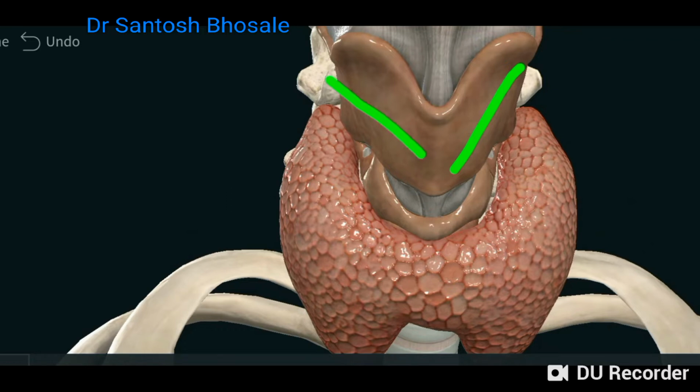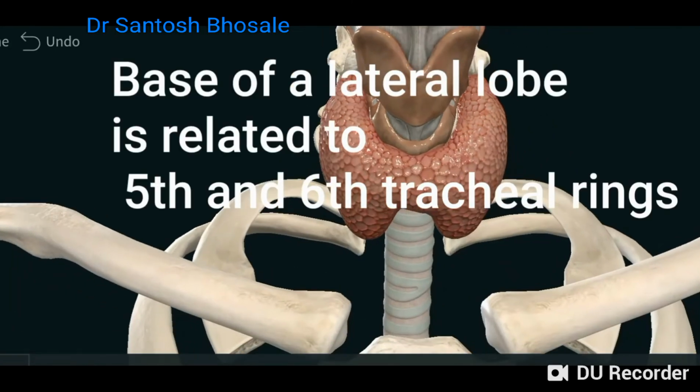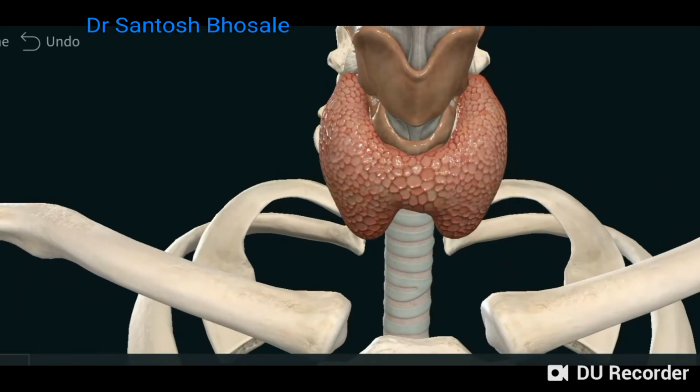and posterior surface. Apex is limited above by the oblique line of the thyroid cartilage, and it is sandwiched between the sternothyroid and inferior constrictor muscles. Base is related to the 5th and 6th tracheal rings, directed downwards and medially. Apex is upwards and laterally. You can see, like wings of a butterfly, and that is the isthmus,